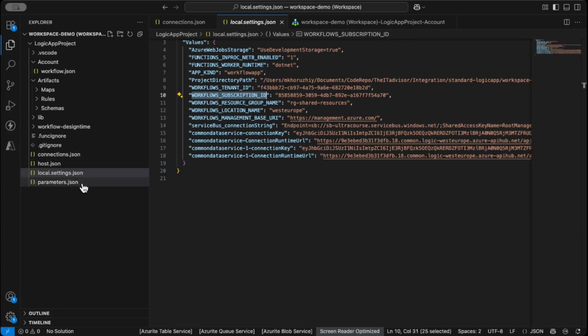The connections and parameters files will be deployed to the Logic App in Azure as is, as files, and values from the local settings files. We have to take care to create them with the deployment process, create them in the Logic App environment variables. And how you do it depends on your development process. It may be done manually. It may be done by the CI/CD process, where you use the ARM template or bicep file to automate deployment